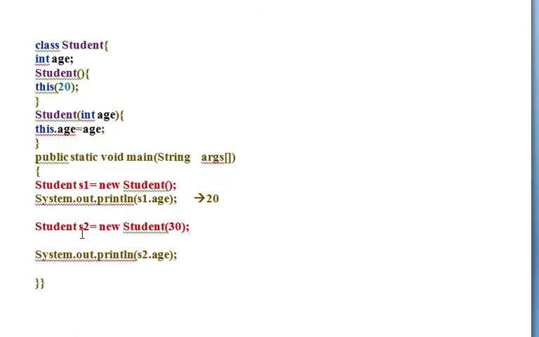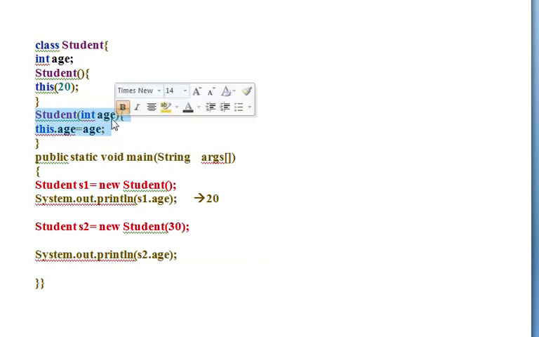Okay. Now we have created the second object s2, which is making a call to a parameterized constructor. How can we say it is a parameterized constructor? Because we are passing the actual parameter value to it. So it will directly transfer the control to this one by matching the arguments. 30 will be assigned to this.age.